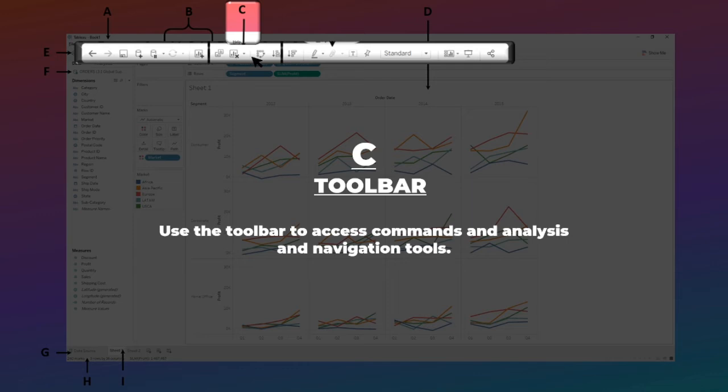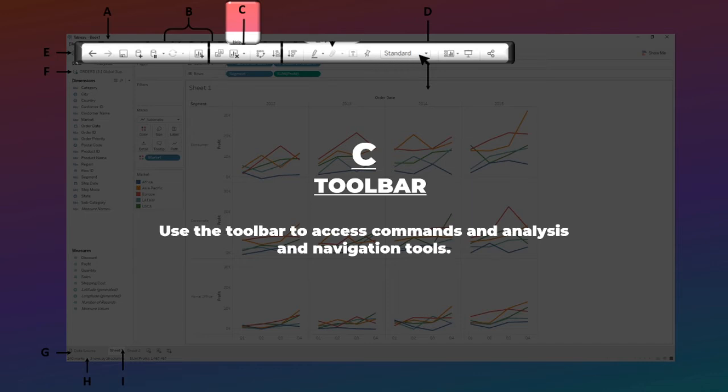Then we have transposing data from rows to column and column to rows button. And we have button for ascending order and descending order sorting. We also have a highlighter, group, label, fixed axis feature on toolbar.